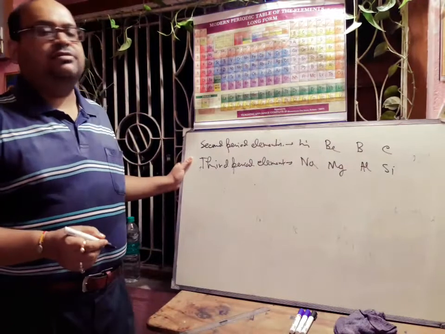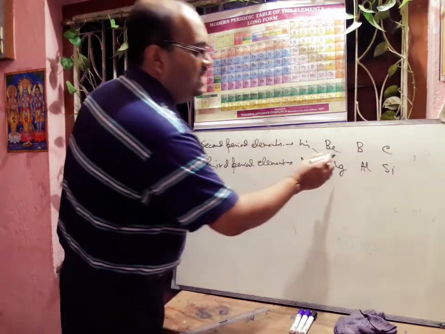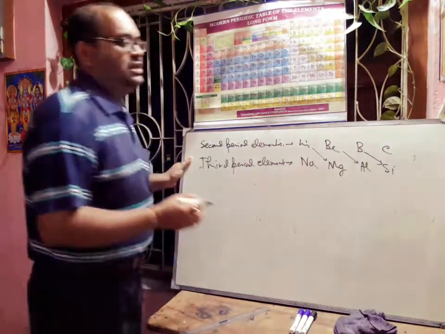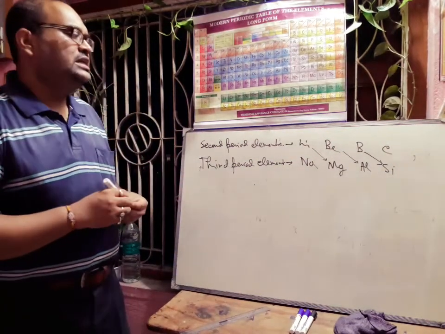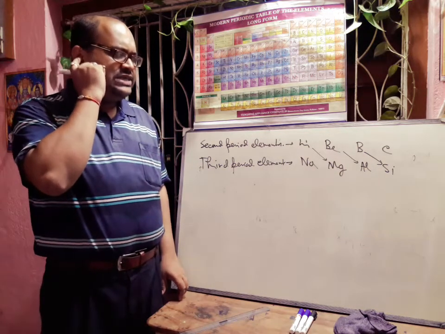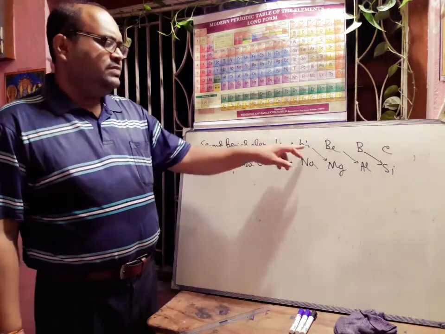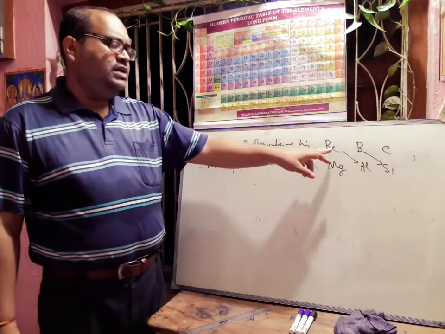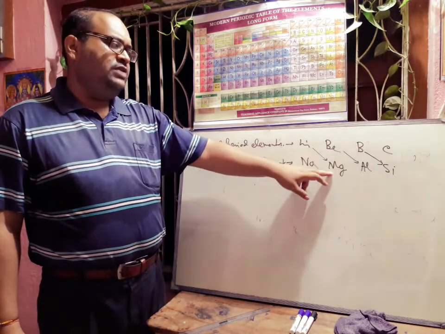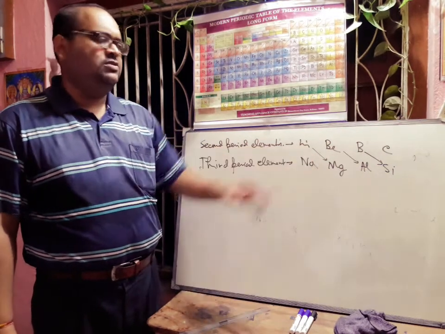So here we are talking about the diagram. Lithium has similar properties to magnesium, beryllium has similar properties to aluminium, and boron has similar properties to silicon. And we can explain this in a different way, by atomic size and electronegativity. From left to right, the atomic size will decrease, but when we go down a group, atomic size will increase. So first there is a decrease, then an increase. That means it all remains almost the same.